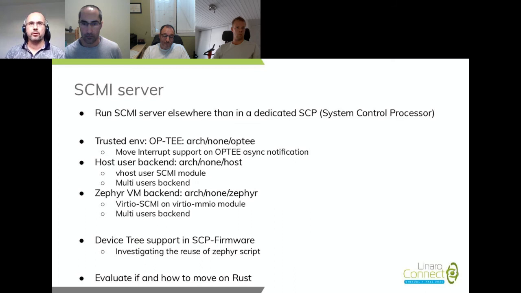So we already work on running this server in an OP-TEE execution environment, and we have created a new arch in the SCP firmware for that. What is ongoing is the way that we'll handle interrupts. There is an interrupt and asynchronous notification support, which is under review in OP-TEE, and we'll probably leverage this for the interrupt notification. That's something that we have worked on for a while, and that was our first use case.